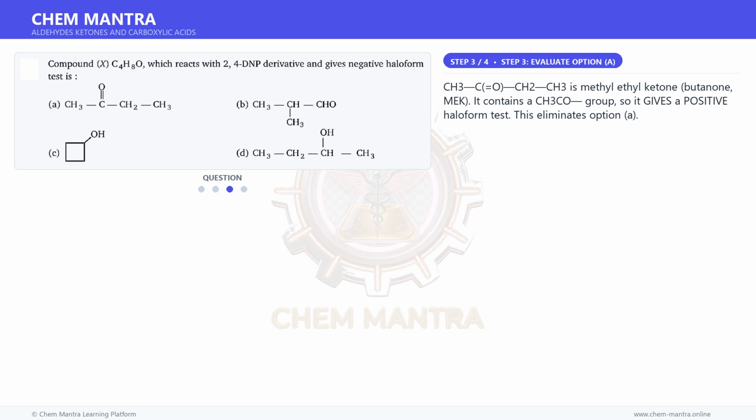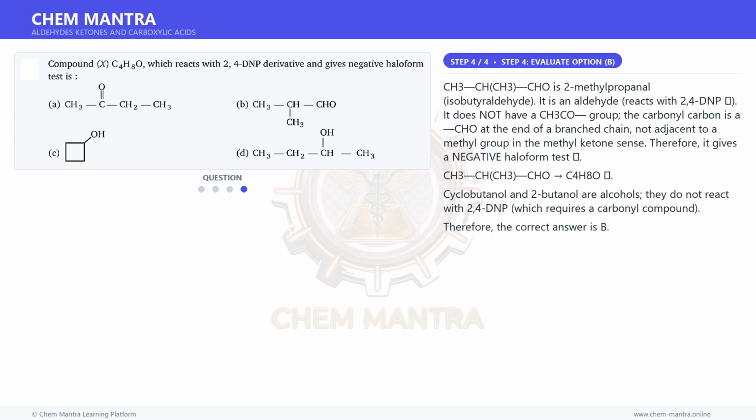CH3C=O, CH2CH3 is methyl ethyl ketone, butanone, MEK. It contains a CH3CO group, so it gives a positive haloform test. This eliminates option A. And for the final step,